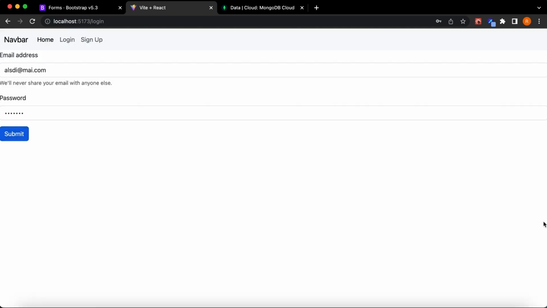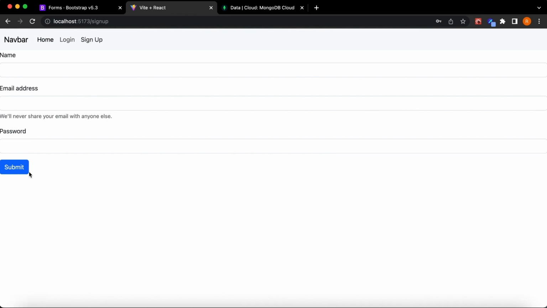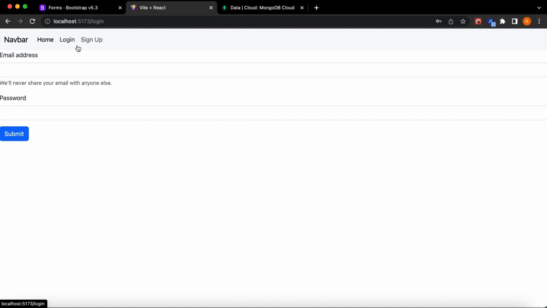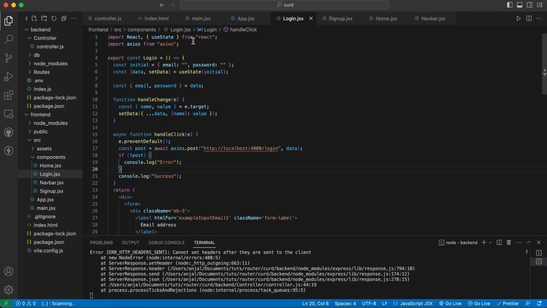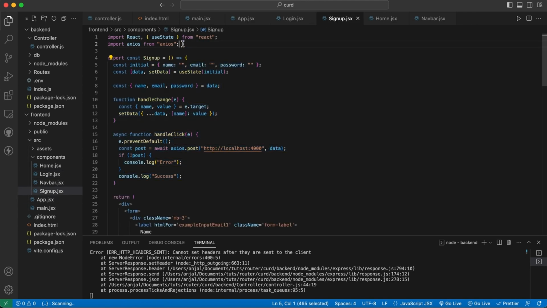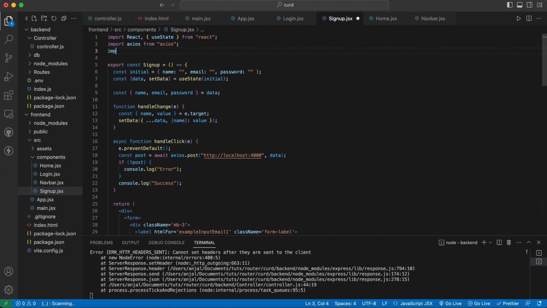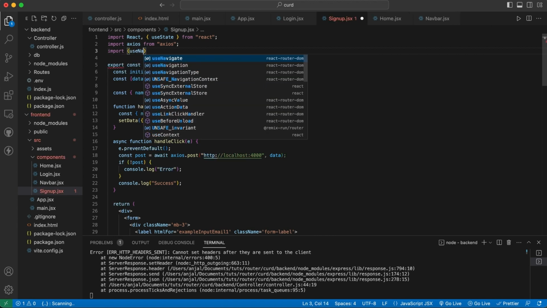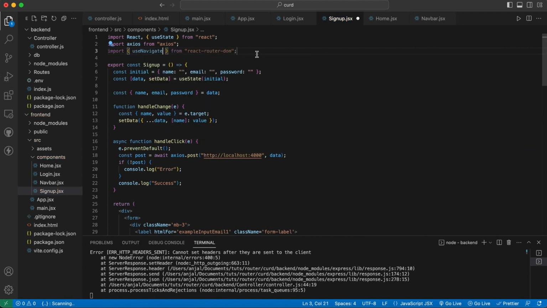So one last thing that I want to do is, whenever we press sign up and press submit, I want it to go to the login. To do that, you can use a very useful thing. That's the import. Let's import useNavigate. Use navigate. So to use that navigation,